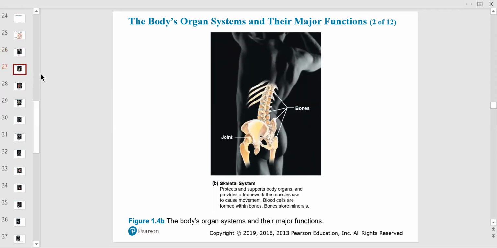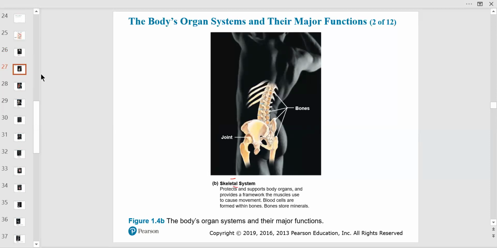This is the skeletal system. Now, we're going to talk a lot about this, but let me tell you my favorite parts of the skeletal system, functions of the skeletal system. We know that the skeletal system gives us a frame. It gives us room for movement or attachments for muscles to move. It gives us strength. It gives us protection of certain organs, especially our brain in the cranium, our sternum, the chest and ribs for the lungs. It's not a lot of protection around the abdominal area, though.